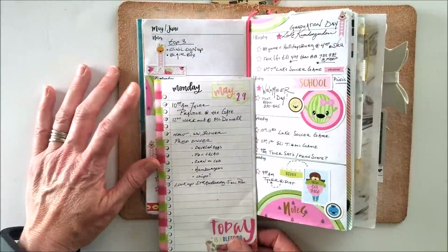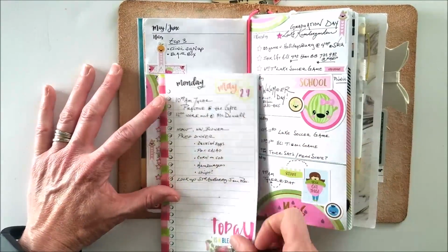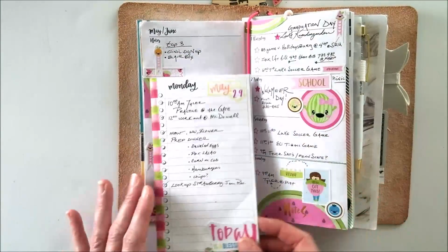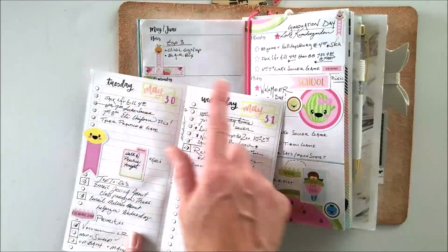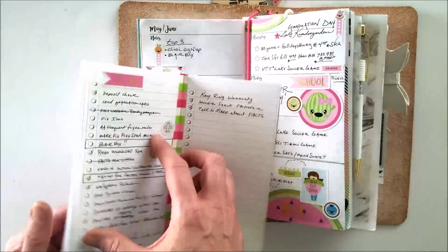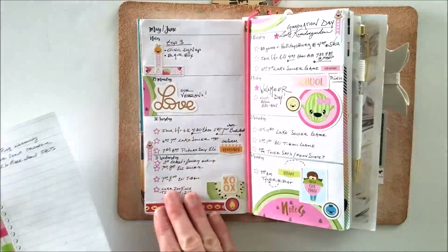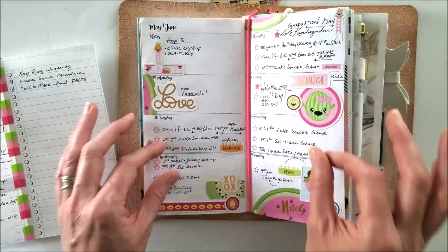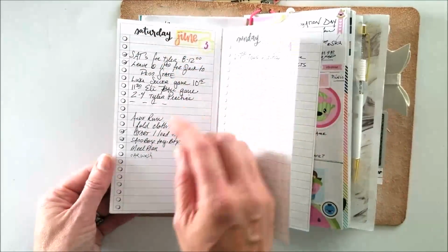This is her list standard, and I just cut it slightly smaller than the guidelines so it would fit perfectly in here and be a little bit smaller. And so then I just stamped with Studio L2E every day of the week. So I would have a daily page and a weekly. All of my time specific events go in here, and then all of my time specific events went on the top, and then I have